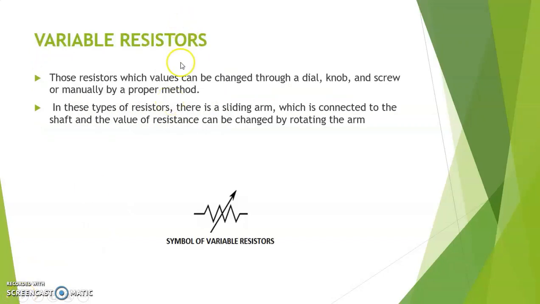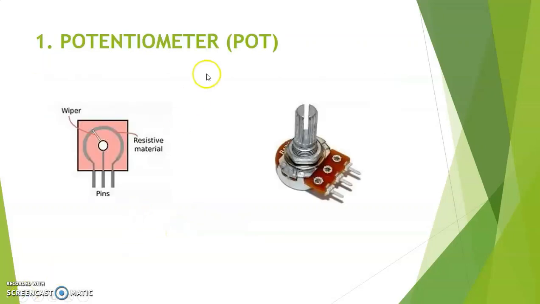Next we have variable resistors. This is the symbol of a variable resistor, where we have the symbol of a resistor with an arrow which shows that using some mechanism the value can be varied. It could be a knob or a sliding contact, something like that. The next one we come across is a potentiometer. The potentiometer consists of a knob which can be turned, and the value of the resistance can be varied.